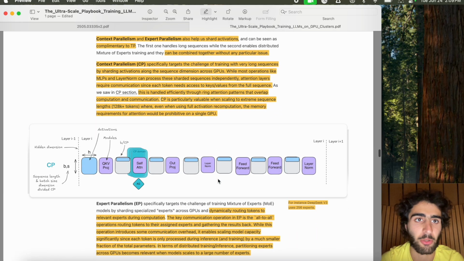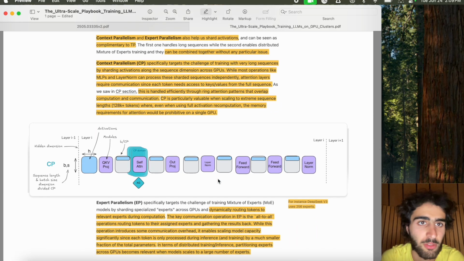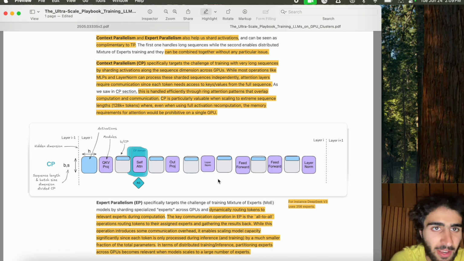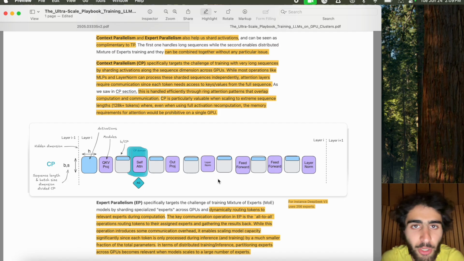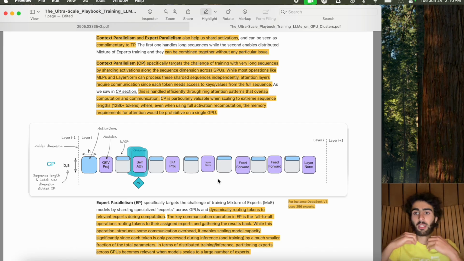Video we left off talking about sequence parallelism and tensor parallelism. Now let's jump into context and expert parallelism, which help us shard activations. Context parallelism works by splitting up the sequence in our attention calculation, and then we use ring attention to synchronize and communicate between the GPUs to essentially